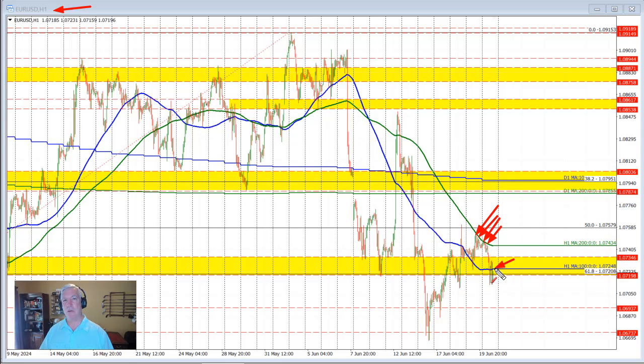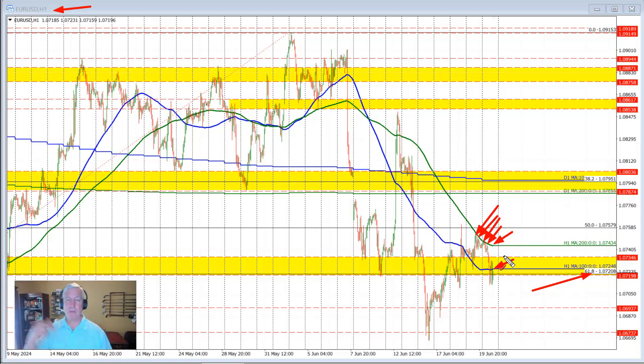This blue line represents a 100-hour moving average. And you can see the price has been trading above and below that blue line. Also, the 61.8% retracement has seen the price move above and below it as well. So there is some reluctance to move lower from this level right here. It's staying relatively close to the 200-hour moving average, but what we can say is that 1.0743. And moving lower, that 200-hour moving average is going to be a key barometer, not only today but going